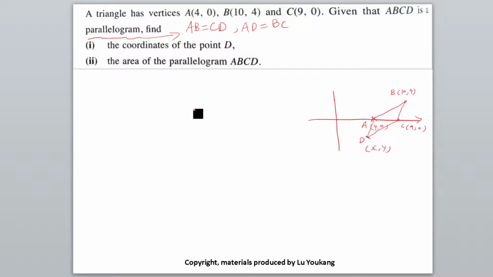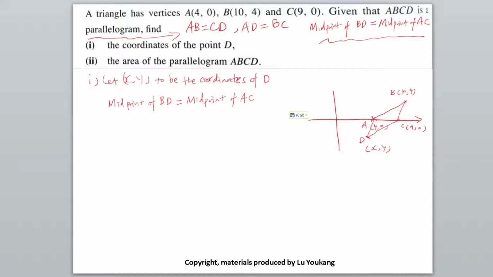And in addition, we can also say that the midpoint of our BD is equal to the midpoint of our AC. So this is a very important concept for parallelogram. So in order to solve this question, you must be able to